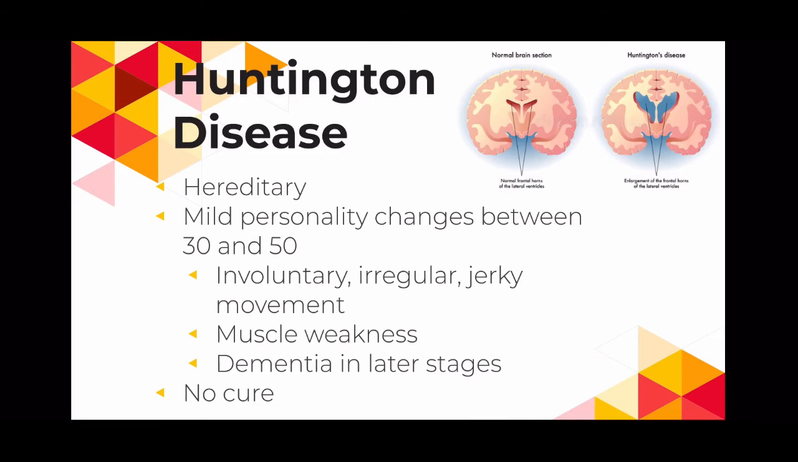Huntington disease is the next disorder I'm going to talk about, and this is a genetic disorder. It's a neurodegenerative disease, and it is fatal. There is no cure for it. You eventually die from Huntington. The disease usually begins to show symptoms between the ages of 30 and 50. And you usually notice some sort of mild personality changes within that time, because if you look at the picture